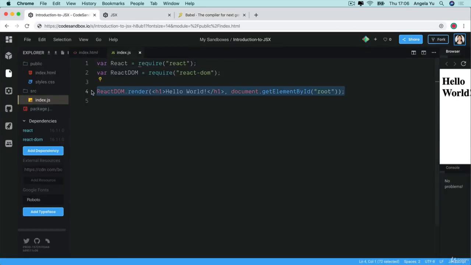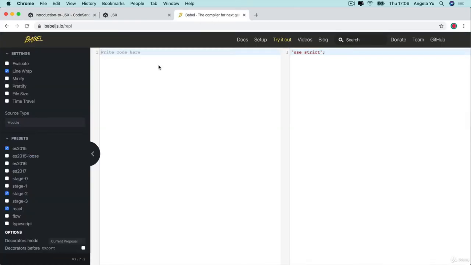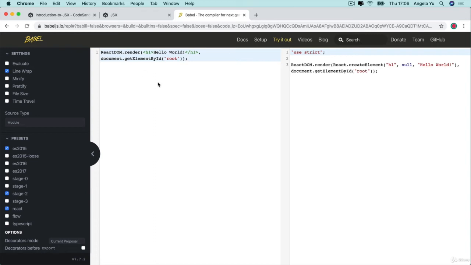So for example, if I go ahead and just copy this line of code that I've written on line 4 and I paste it in here on the left, you can see that once Babel has done its job, it converts this into an actual line of JavaScript code. And it's able to create this H1 on the screen by using that create element method that comes from vanilla JavaScript, which we've already seen before